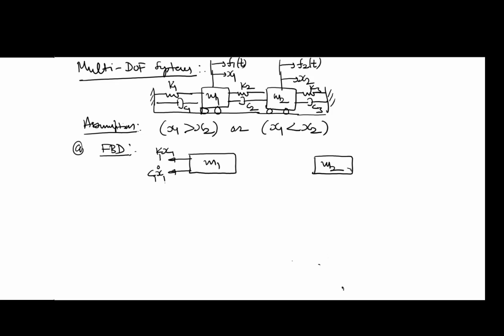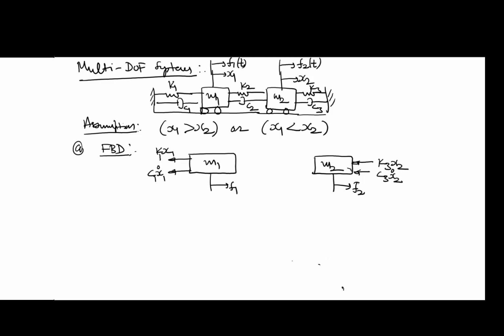If we now see the state of spring K3, that is also a decoupled spring, applied only to body 2. When under the influence of force F2, this body M2 moves to the right, what is the state of spring K3? That spring is compressed. When the spring is compressed, the tendency of the spring is to regain its original position, so it will push the body backwards to the left-hand side. The force is K3x2, and the force acting due to the damper is C3 x2 dot. And certainly there are two forces acting on the system: F1 is also there and F2 is also there. These are the external forces.